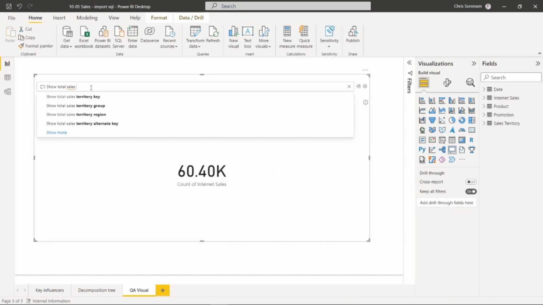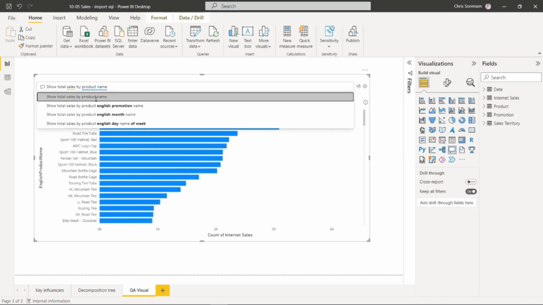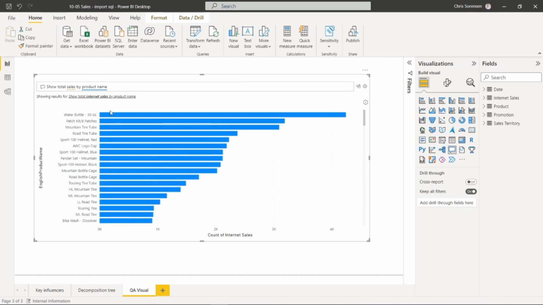And maybe I want to see this by product name. Oops, product name. So let's get that spelled properly. And we can do that, and we'll see the visualization changes itself into a visual like we see on the screen here. So at this point, once we're finished here, we can turn this Q&A result into a standard visual,